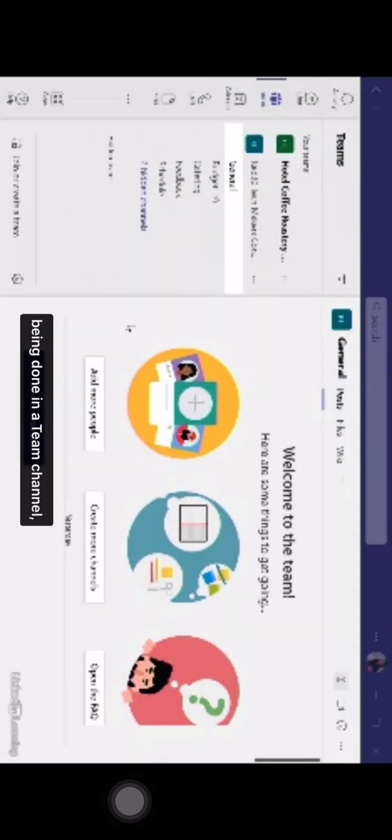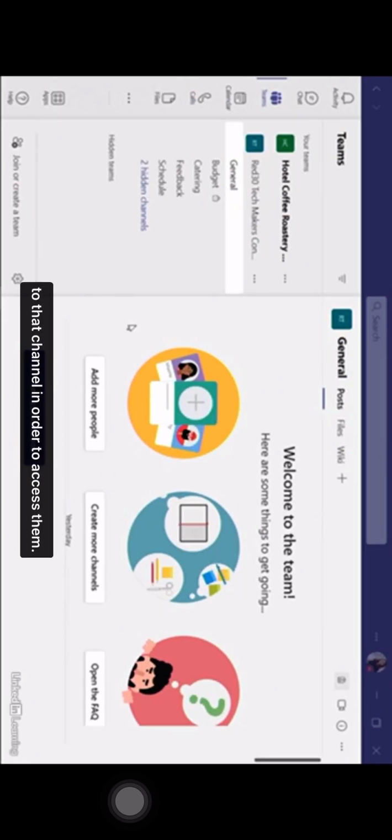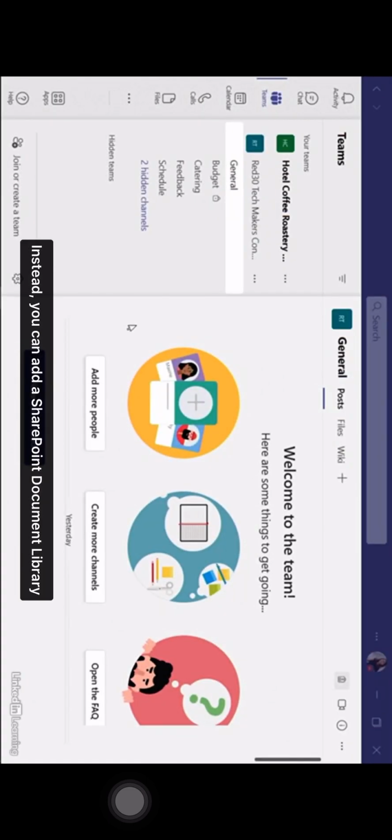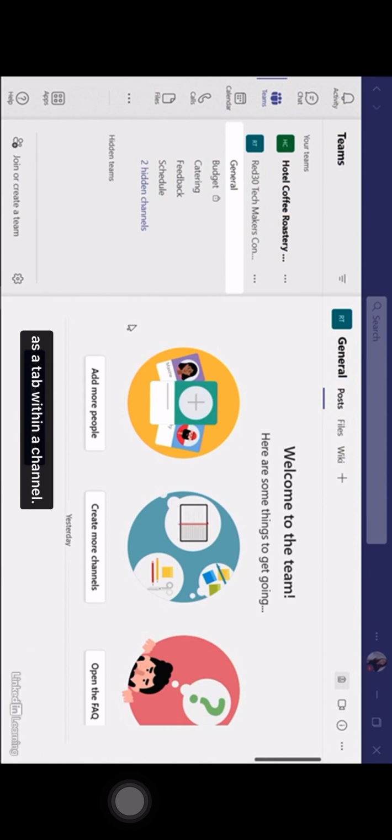If there's files in another SharePoint document library that are relevant to the project work being done in a team channel, you don't need to move or copy those files to that channel in order to access them. Instead, you can add a SharePoint document library as a tab within a channel. Here's how it works. Here we are in the Red